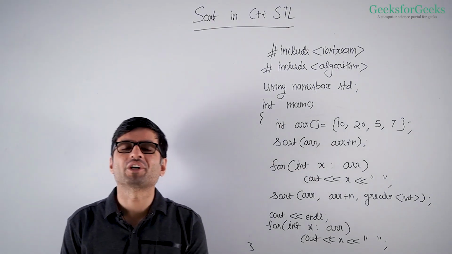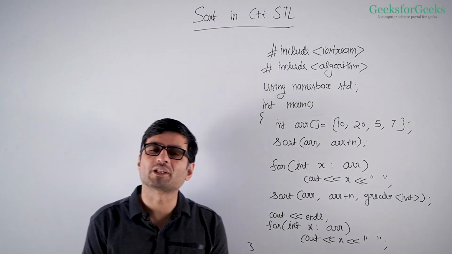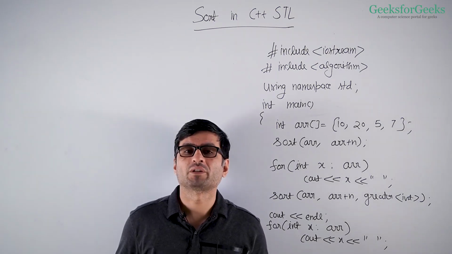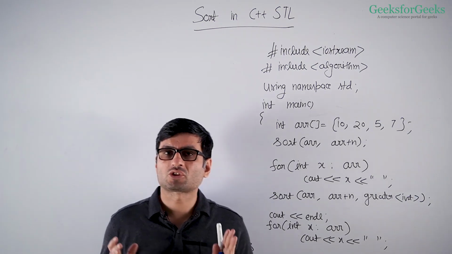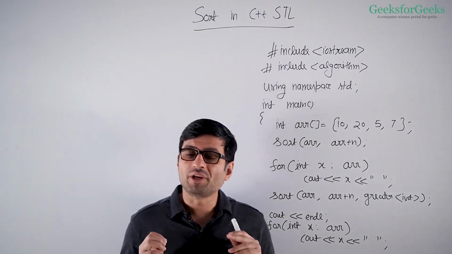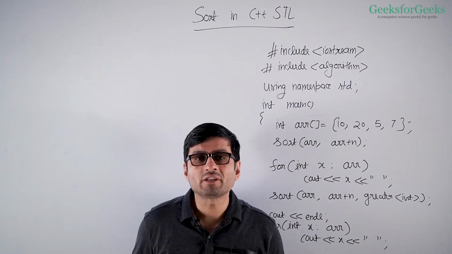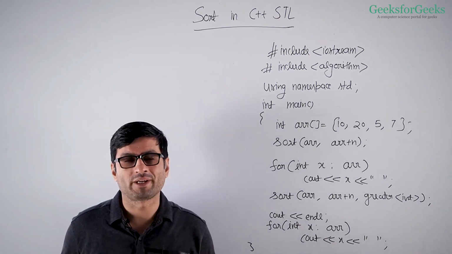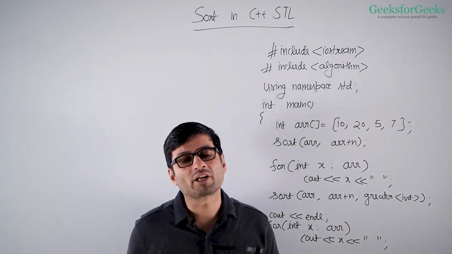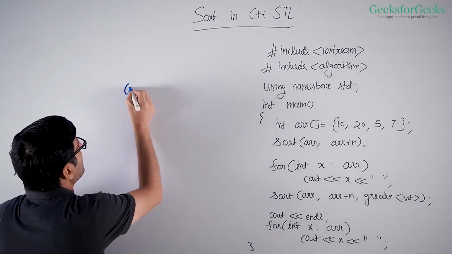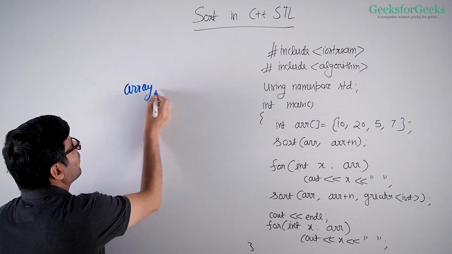Hi, in this video we are going to talk about sort in C++ STL. Sort is a general purpose library function for sorting any types of input. It is mainly used for sorting data stored in containers which allow random access. And example containers which allow random access are arrays, normal arrays, vectors,